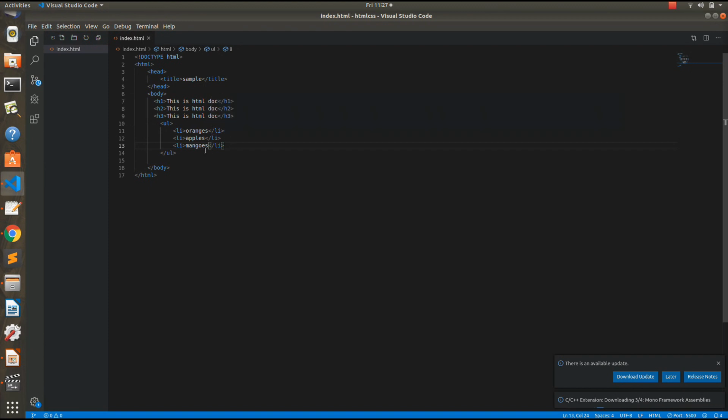You can also include a list within a list, like you have made this, you want to add a variety of apples, so you can make a UL tag inside this, and you can make another LI tags like green apple, I'll just copy paste it.